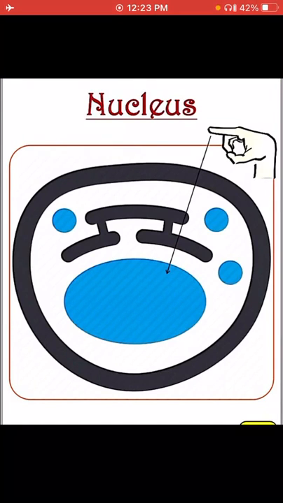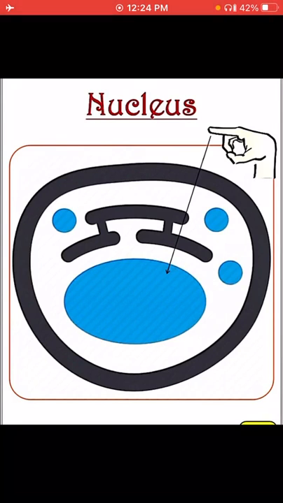So basically, if we study it, we find the nucleus has a different shape and size according to the performance of the cell and the location of the cell, and its size also varies. Its genetic material component also varies. So there are a lot of variations in the shape, structure, size and number of the nucleus.